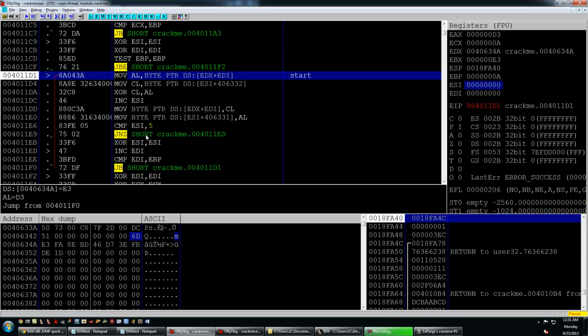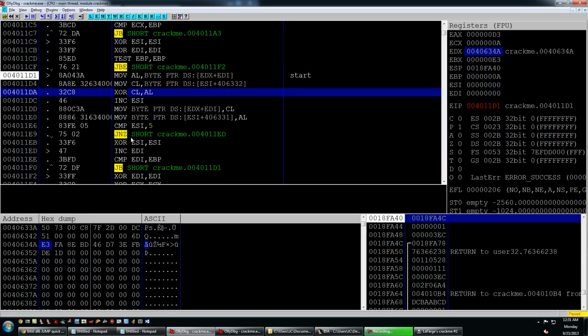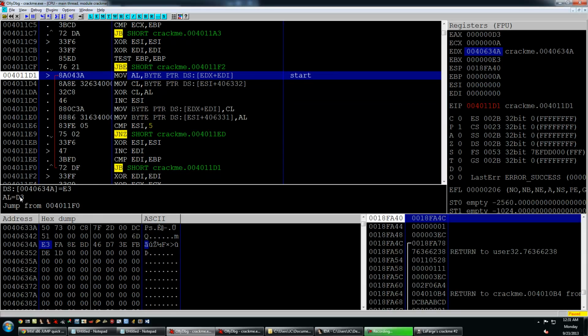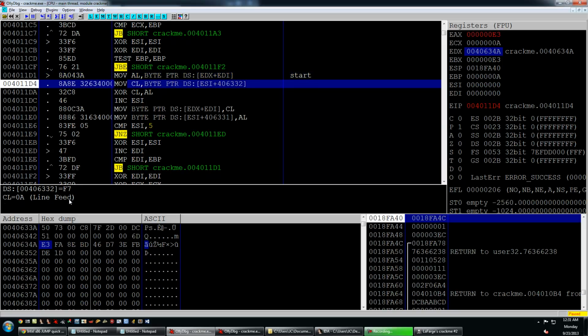Now we're going to move EDX plus EDI, which EDI was our offset, which was 0 because we just cleared it out. EDX is our double XOR encoded username now, which we have right here. So we'll see that 34A right here. There we are, 34A, so starting with E3, so we'll be moving E3 into AL right here. And then we'll be moving